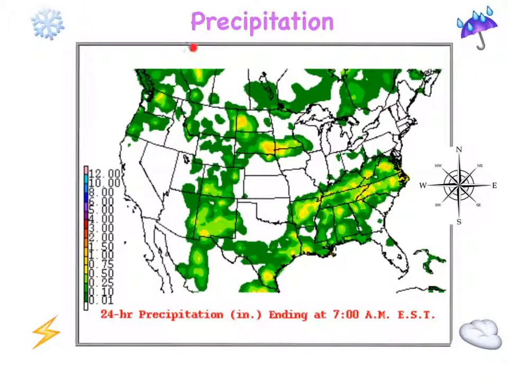Next is precipitation. Precipitation is any form of liquid or solid water particles that fall from the atmosphere and reach the surface of the earth. As you can see, the map there is green. That means that it is raining. All that green. Rain is formed when water from the ground is evaporated into the sky and then condensed into clouds. Once the clouds get heavy enough, the rain will fall from the sky and then you would start the cycle